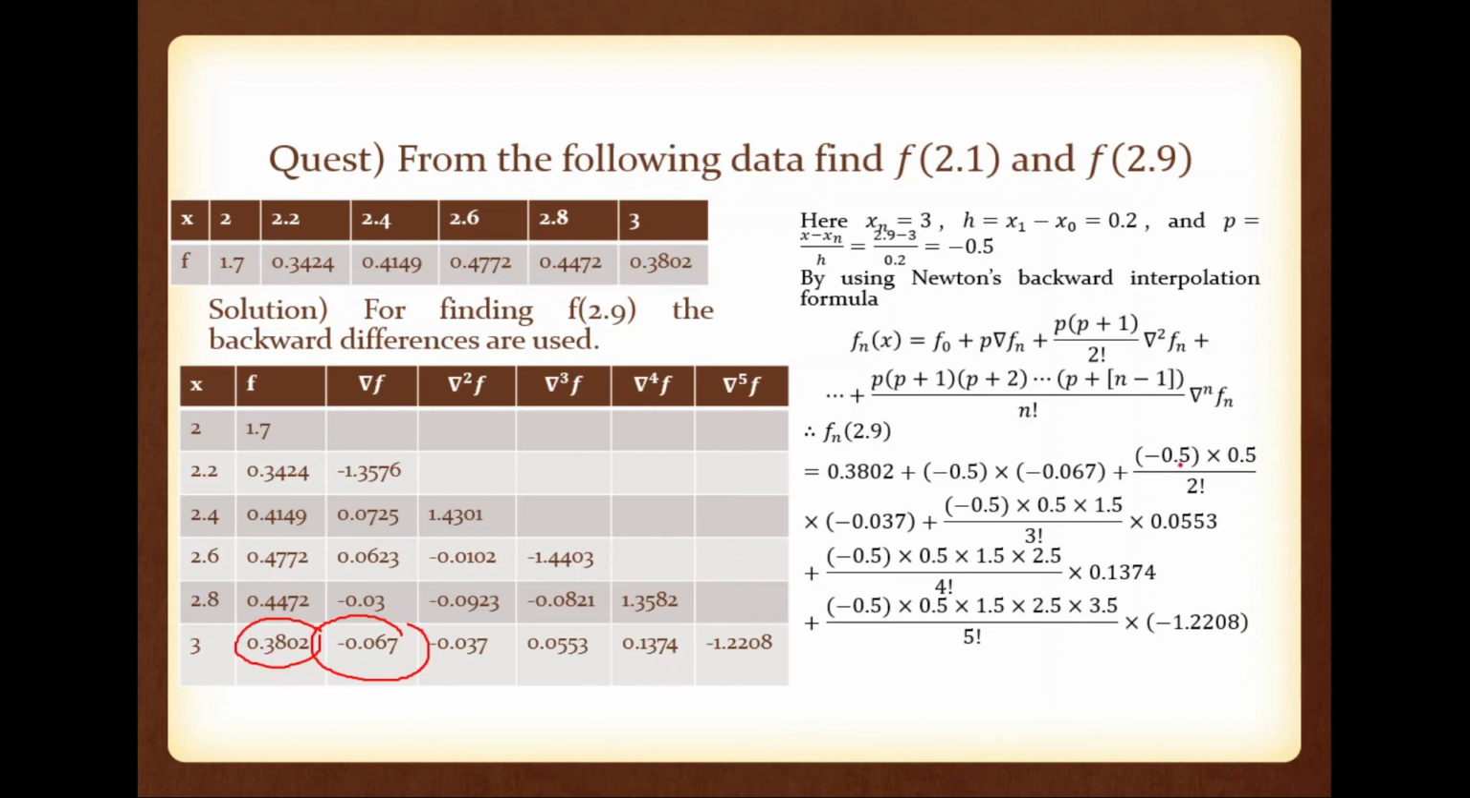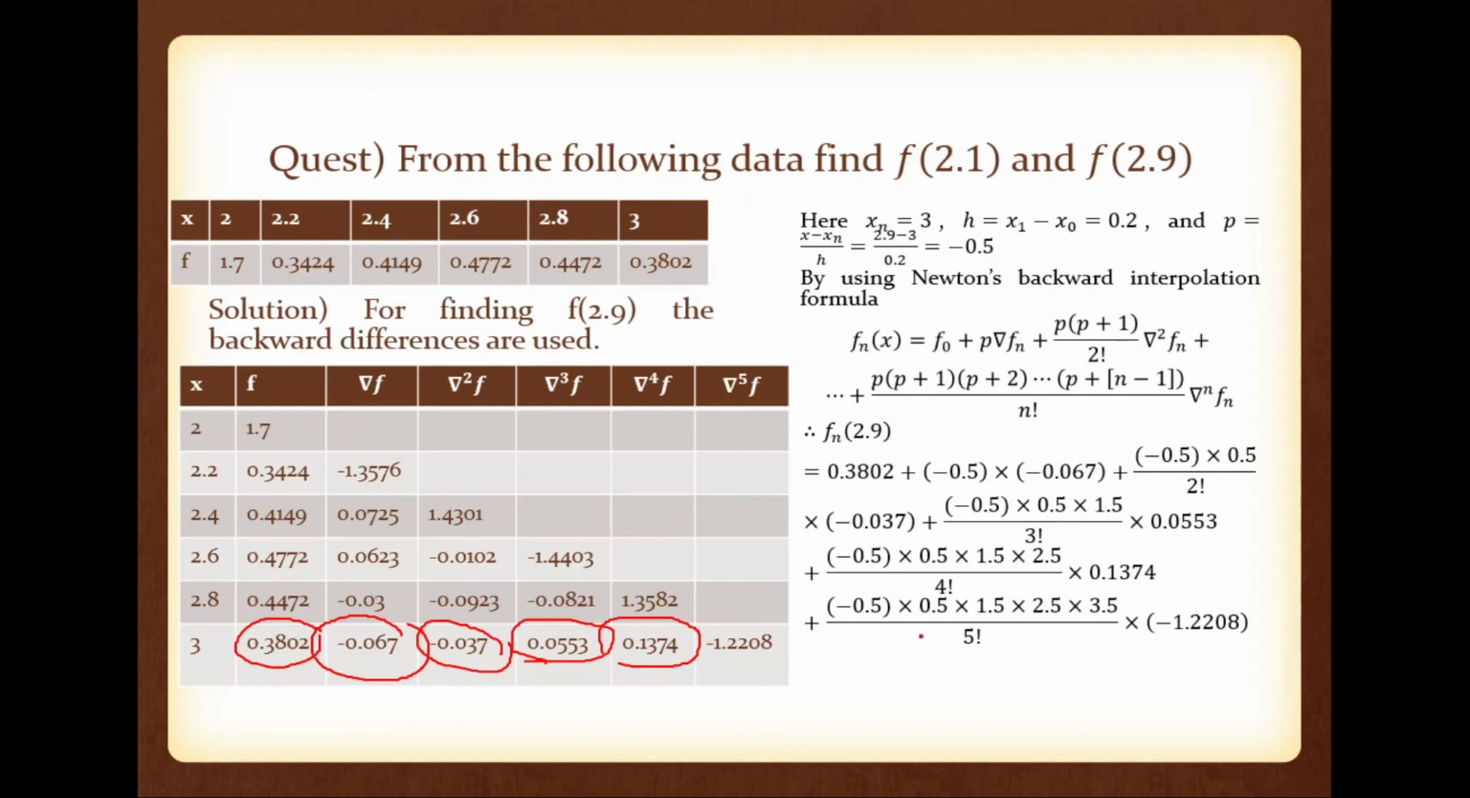P is minus 0.5, p plus 1 is 0.5 divided by 2 factorial into del square fn, that is minus 0.037, plus p into p plus 1 into p plus 2 divided by 3 factorial into del cube fn, that is plus 0.0553, plus p into p plus 1 into p plus 2 into p plus 3 divided by 4 factorial into del raised to 4 fn, that is